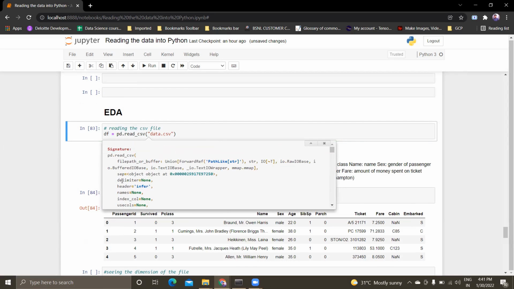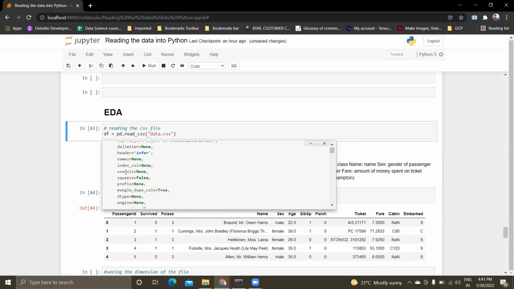There are other parameters like delimiter, header, names, index column, and use columns. If you want to use particular columns alone, you can pass that list of feature columns inside use columns, and there are squeeze, prefix, dtype, all those things. These are the parameters provided by pandas in the read_csv function.